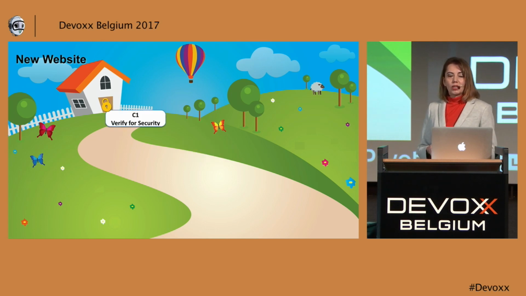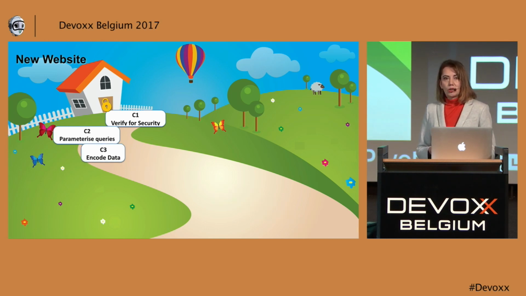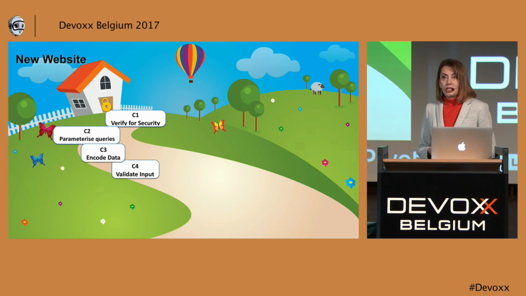We parameterize all the queries and bind the variables, and this can prevent most types of injection. We contextually encode the output, and this prevents injection and cross-site scripting. And we validate all the input, including the one from the database, which can prevent injection, including second-order SQL injection,